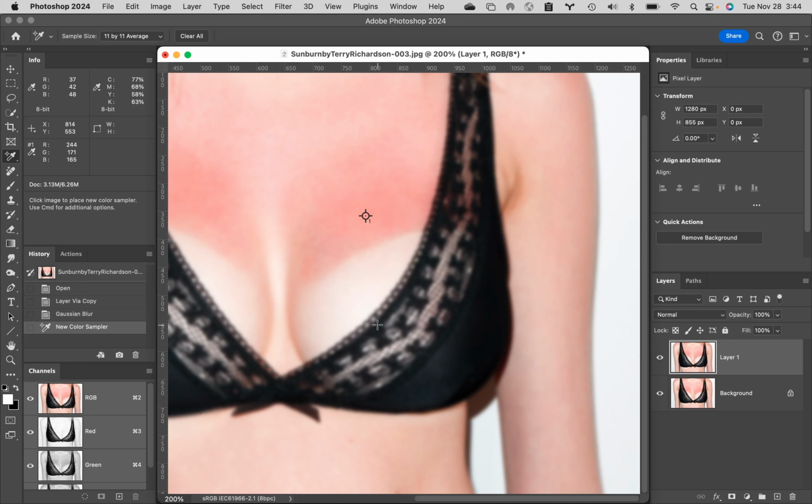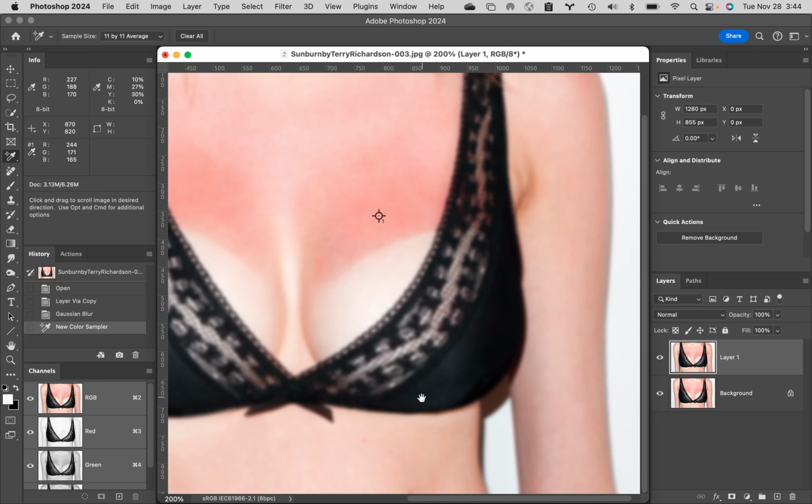However, if you look at her stomach, you can see that there is a pretty serious highlight right in the very middle. That's a classic Terry Richardson flash on camera lighting. But as I start to move over to the sides, I start to pick up real color and real tone, and that's kind of what I'm looking for. However, I don't want to be too ambitious. I don't want to go all the way over and actually get to the shadow that's on the far right-hand side. That's going to be too dark for me. So instead, I'm going to just pick a spot that's somewhat down in here. I'm looking kind of under this,